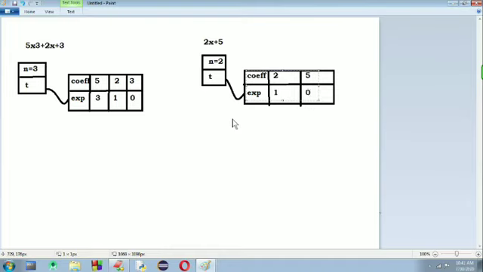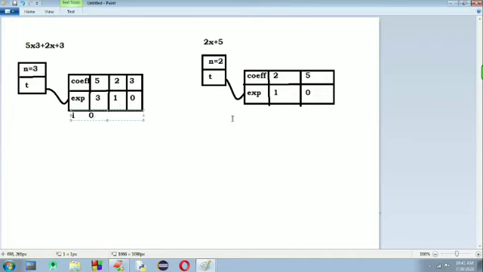Okay, to represent the first polynomial and its terms, I'm taking i, which has the initial position 0, which is nothing but the first term of this polynomial.